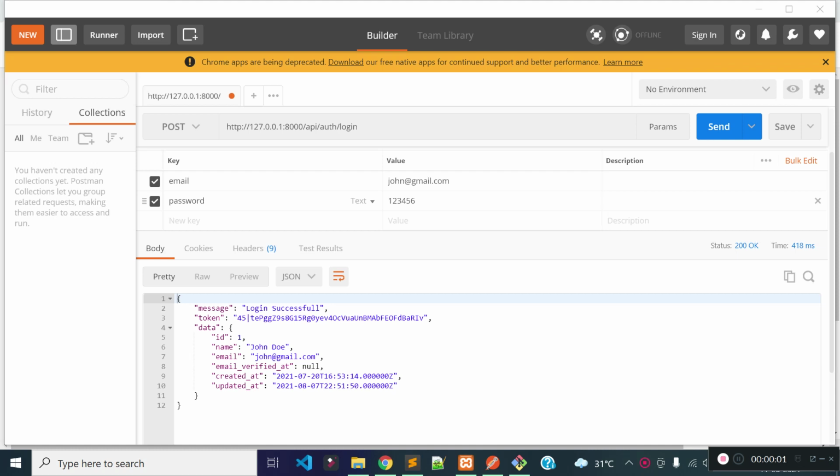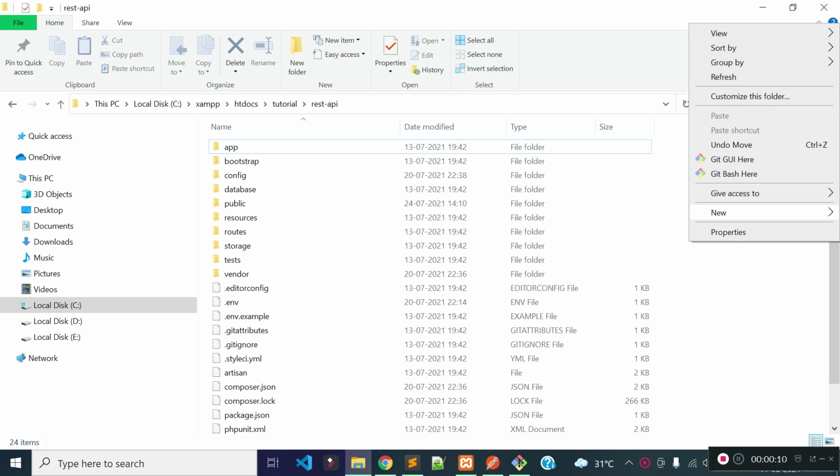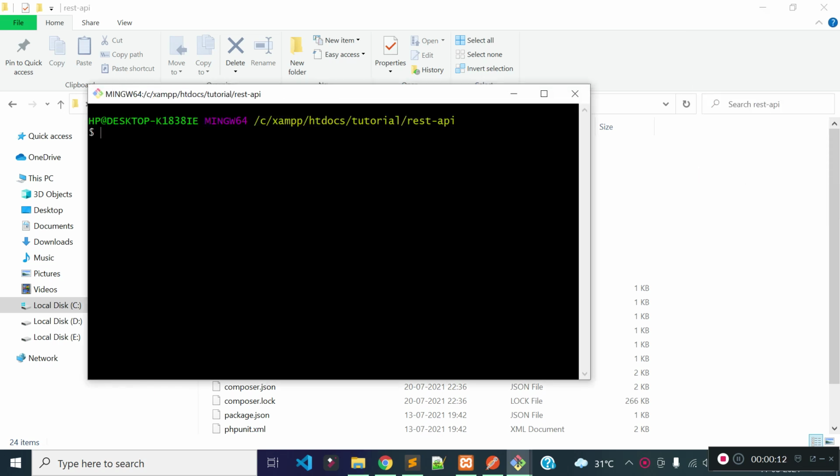In this lecture, I'm going to create change password API endpoint for an user. I'm going to create a new controller to handle change password functionalities. So from our project root, I'll open a new terminal and then I'll run php artisan make:controller, and I'm going to create the controller under app/Http/Controllers and then under API folder, and the controller name will be ProfileController.